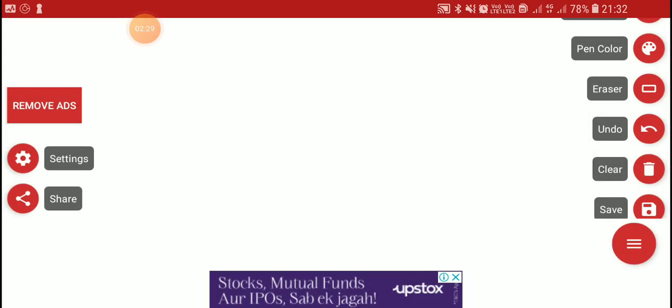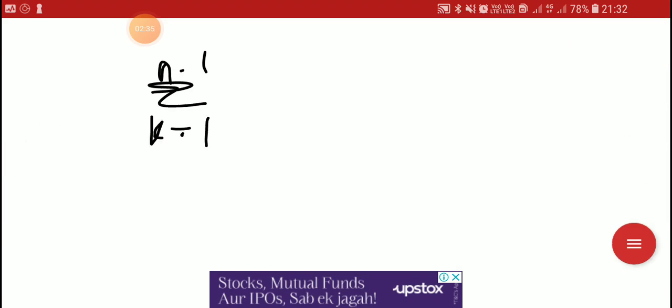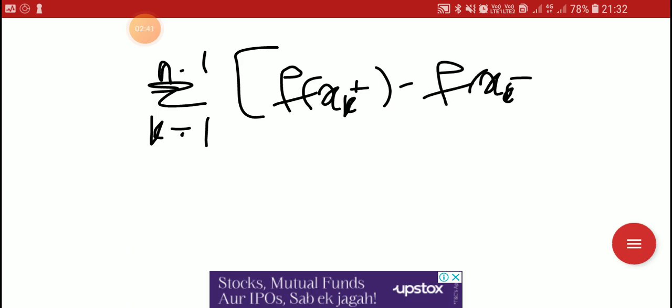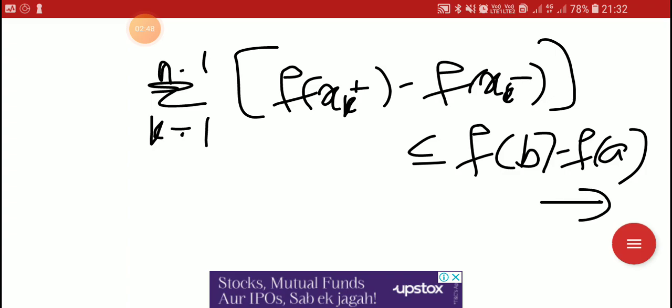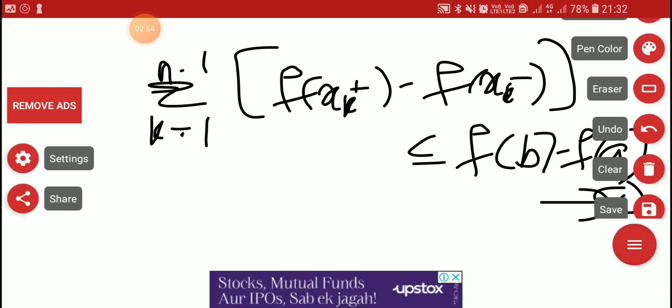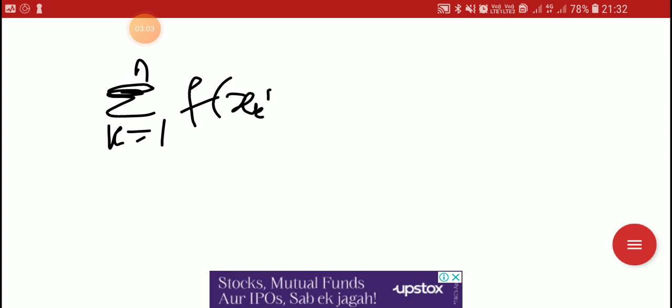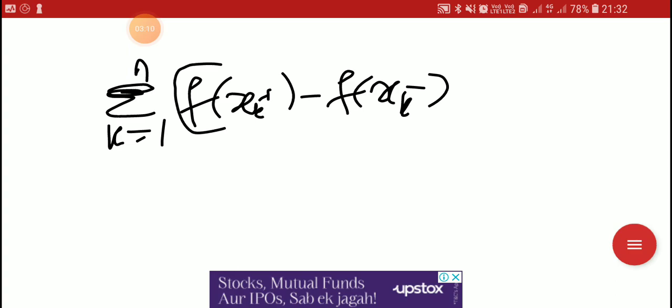And by the first theorem, the sum from k equal to 1 to n-1 of f(xk+) minus f(xk-) is less than or equal to f(b) minus f(a), which we named as 1. And also, our assumption: